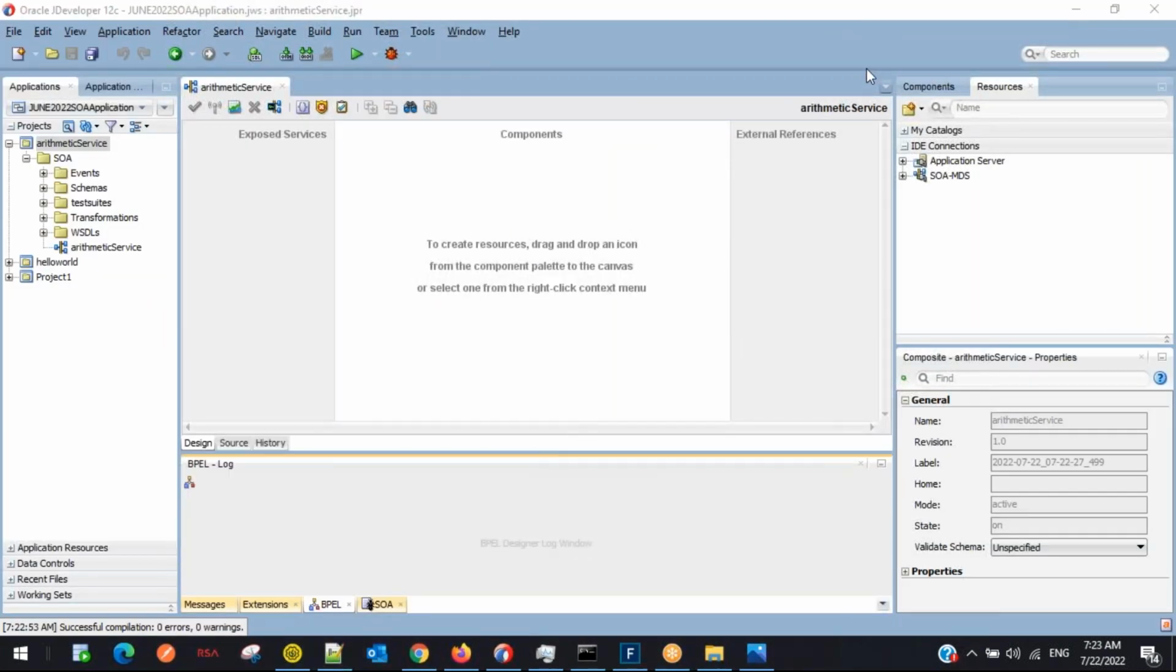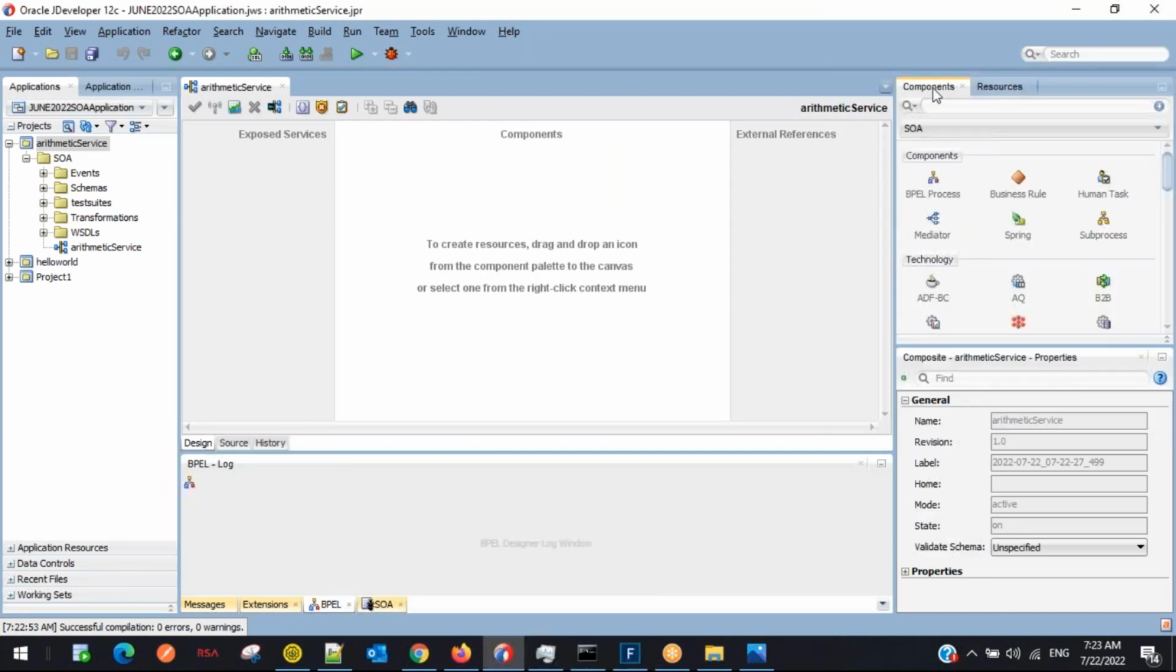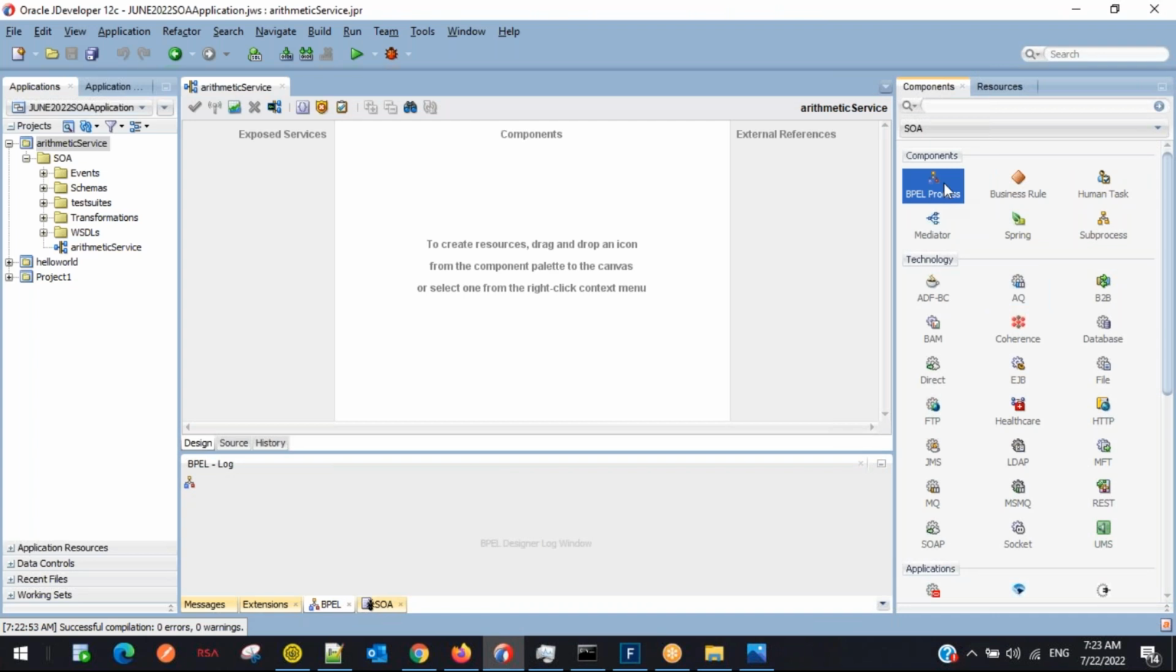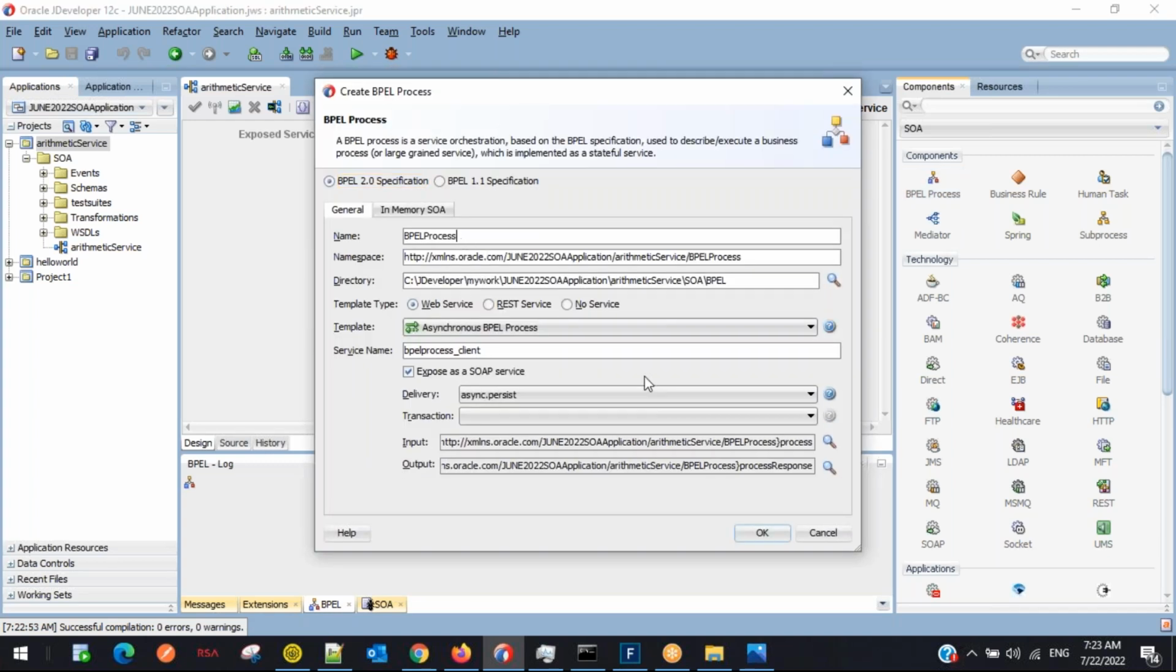It's very simple, guys. What you can do in the component list. If you see, this is the components list. Here you can see a component called BPEL. Just drag and drop the BPEL in the center pane of the composite. Just leave it. In the pop-up, it will ask you for the name. I will say arithmetic BPEL,